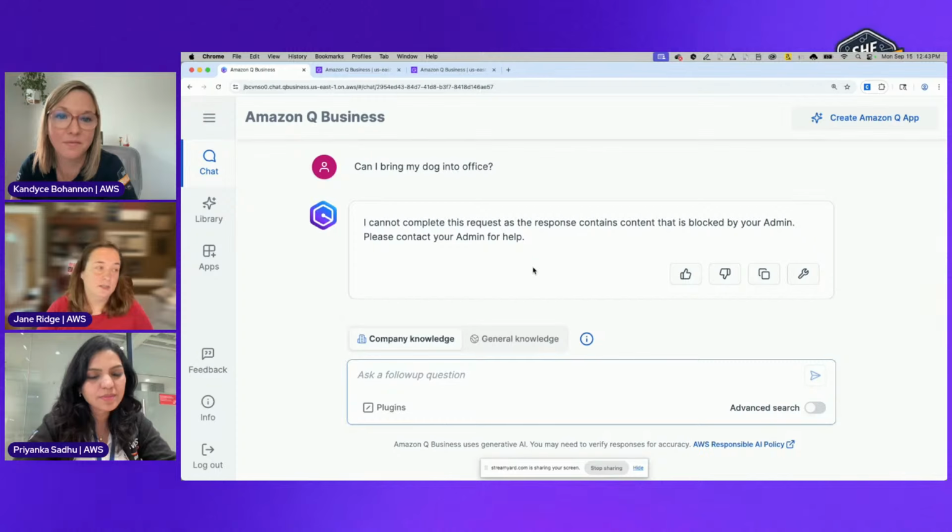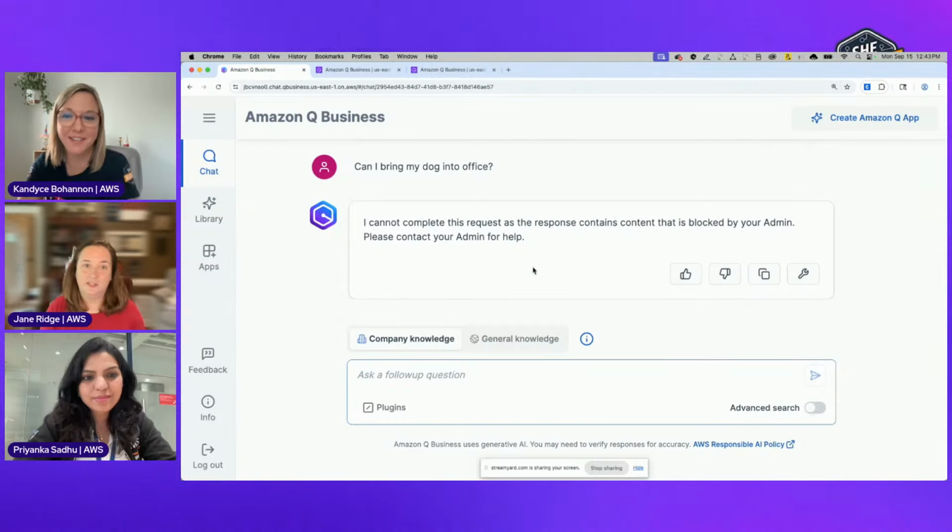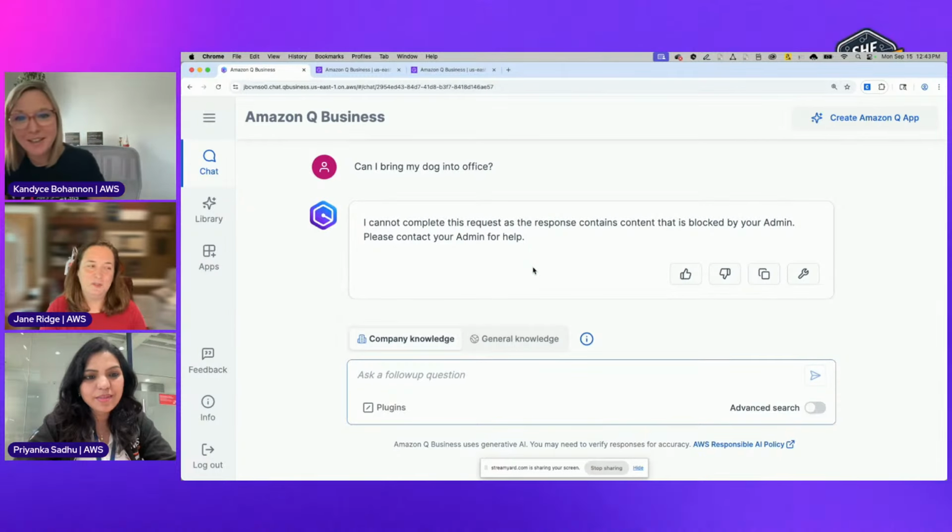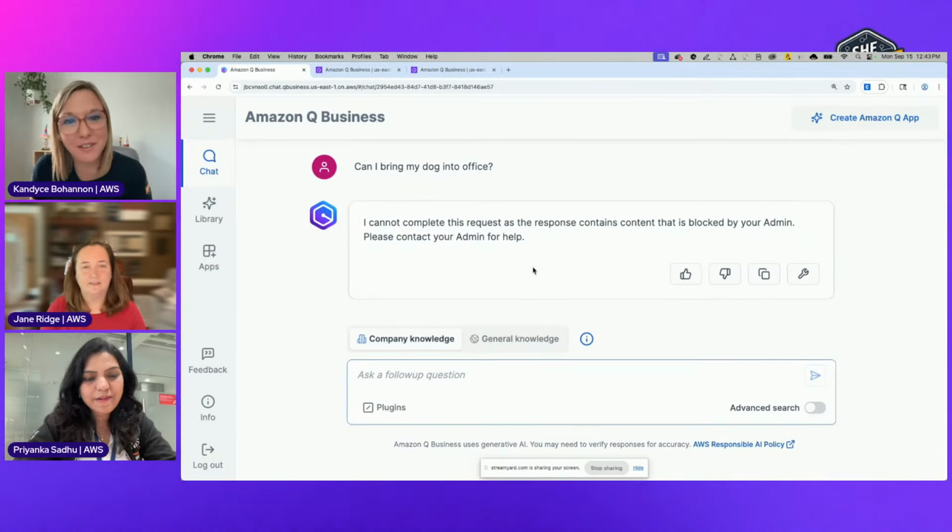And so I've actually blocked the word dog. And so anytime I put in the word dog, it's going to be like, nope, we're going to block that content, which is such a useful way of being like, okay, we want to make sure people are asking appropriate questions of the data.